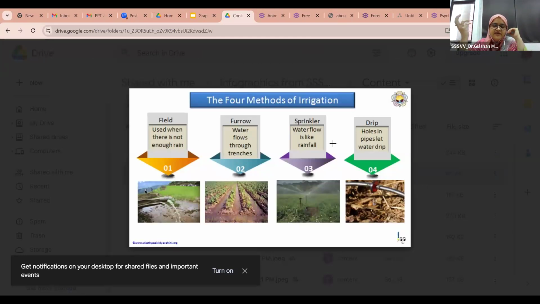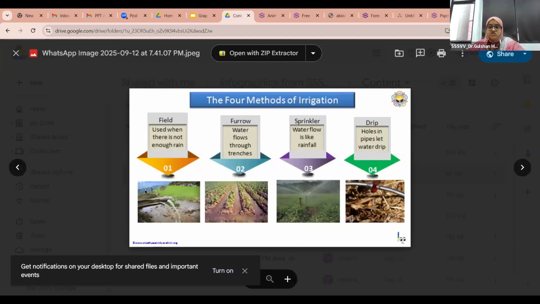Obviously the teacher explains the meaning of these terms, but we cannot conceptualize what a furrow is, how sprinklers work, and what the concept of drip is. But with the help of infographics, we can show them what these 4 methods of irrigation are.